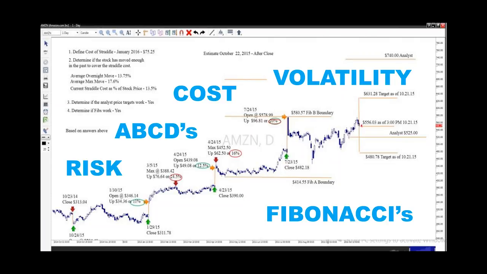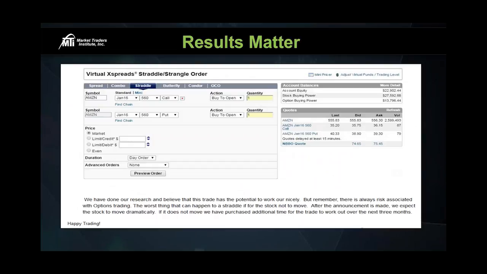So the neat thing about all this is that we'll send you the story behind the trade. We'll give you all the analysis behind the trade. And then we take it one step further to make sure you understand how to place the trade by saying, hey, here's what you need to do. Come over here. Let's do this trade together.